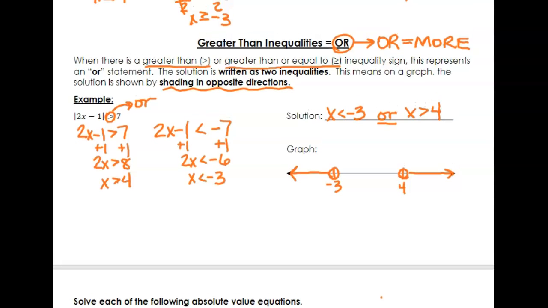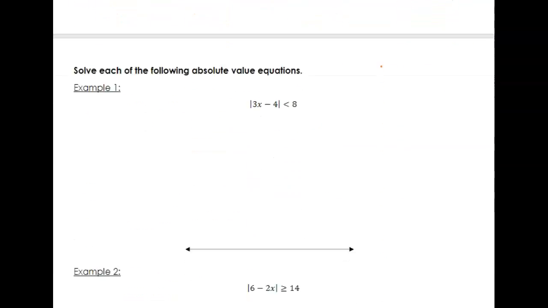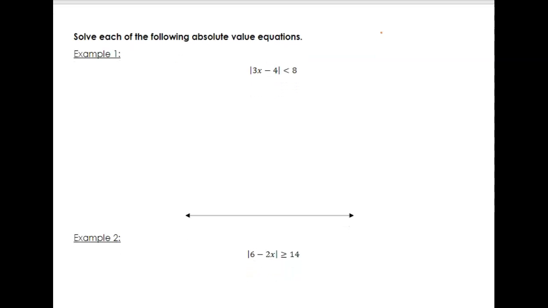So I'm going to scroll down to our official examples. Example 1 says solve each of the following absolute value equations. In example 1, it doesn't say if this is an and or an or inequality, but this is the less than sign, so that tells me it's going to be an and inequality. It's not more, so it's not or. The absolute value is already